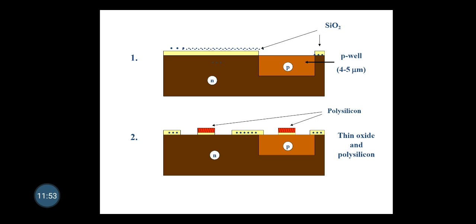The typical processing steps are: step 1, mask 1 defines the areas in which the deep P-well diffusion is to take place. Next, mask 2 defines the thin oxide regions, namely those areas where the thick oxide is to be stripped and thin oxide grown to accommodate P and N transistors and wires. Then a mask is used to pattern the polysilicon layer which is deposited after the thin oxide.